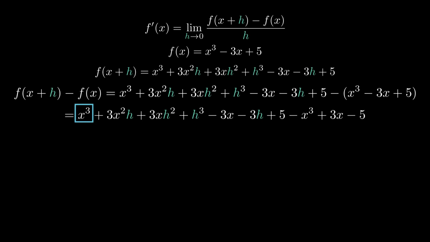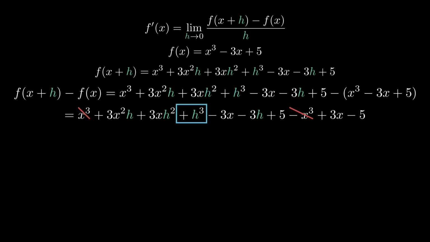So when we combine those, x cubed minus x cubed will actually cancel out, so we can eliminate those. Now the next term is we have 3x squared times h. There's no other terms with 3x squared times h, so we'll skip that. Next, we have 3x times h squared. Once again, we don't have any other terms with like x and h squared, so we'll skip that. And then we have h cubed, which once again, we don't have any terms with h cubed,